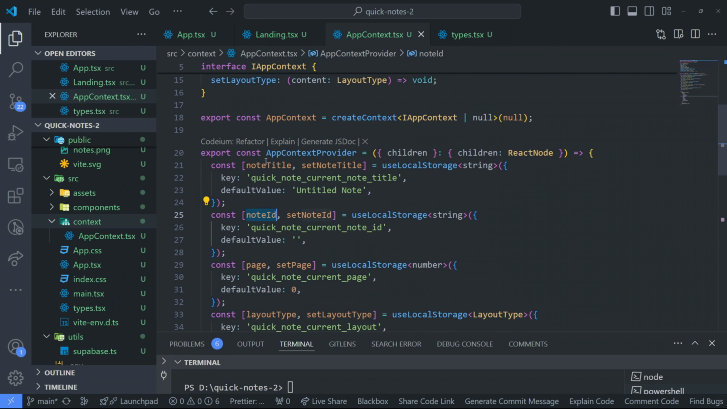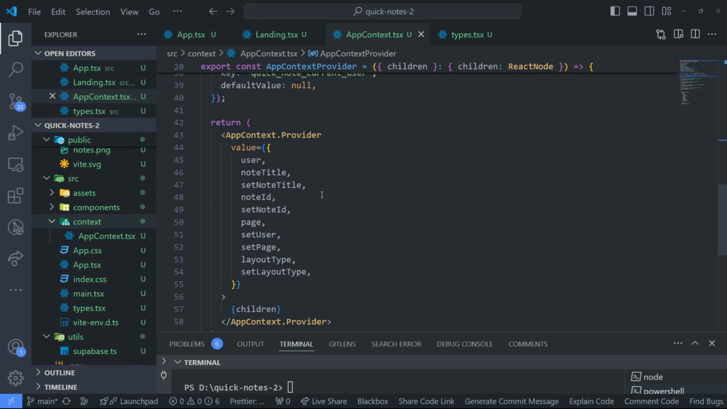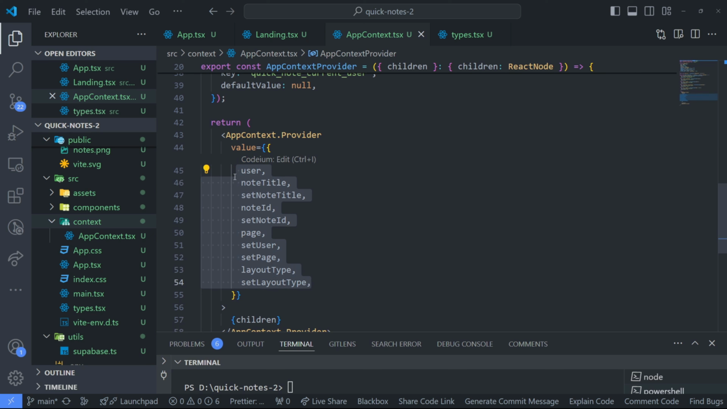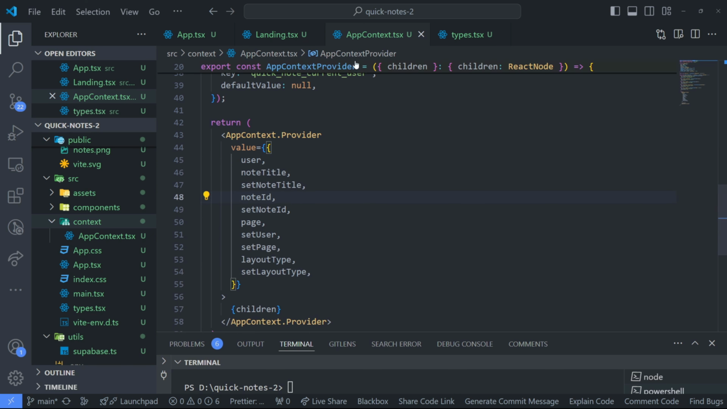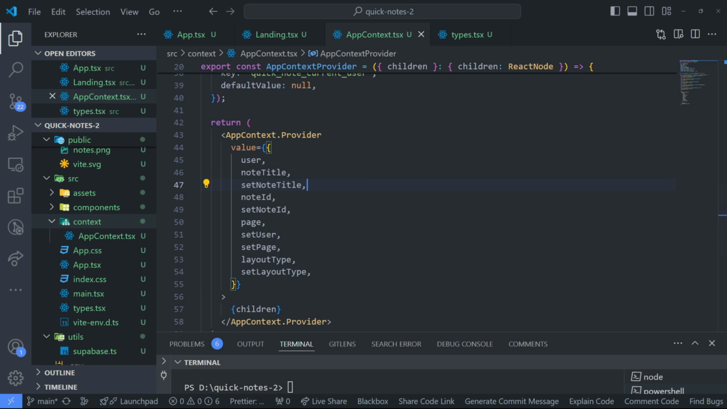So these are just a way to persist the states in local storage so that we don't lose the data when we refresh the page. Alright, so this is how my context is going to look. I'm just passing these as the values so that I can use them in any components that are within this context. So the way we are going to use this context is we are going to go to